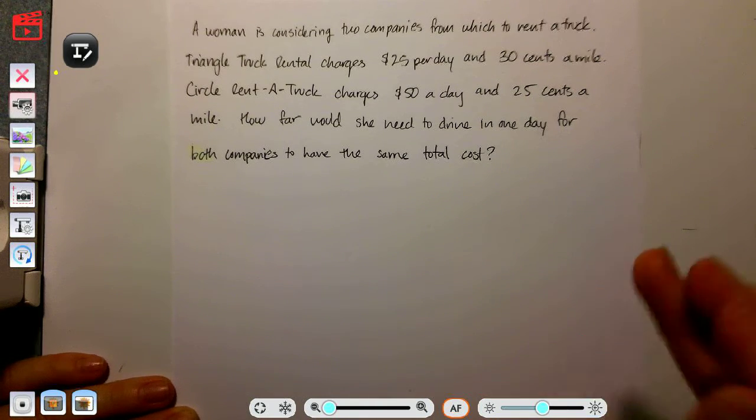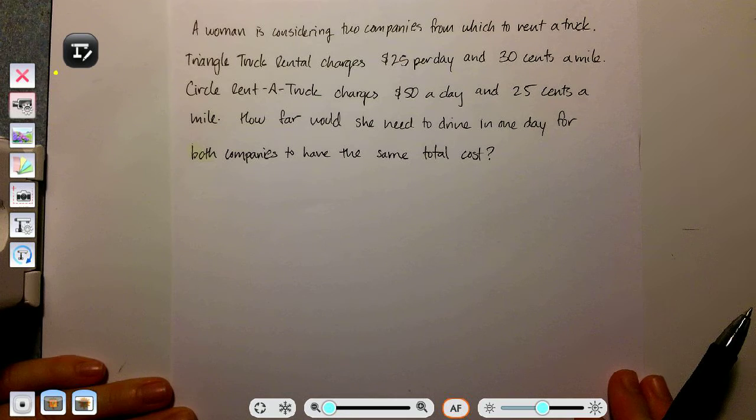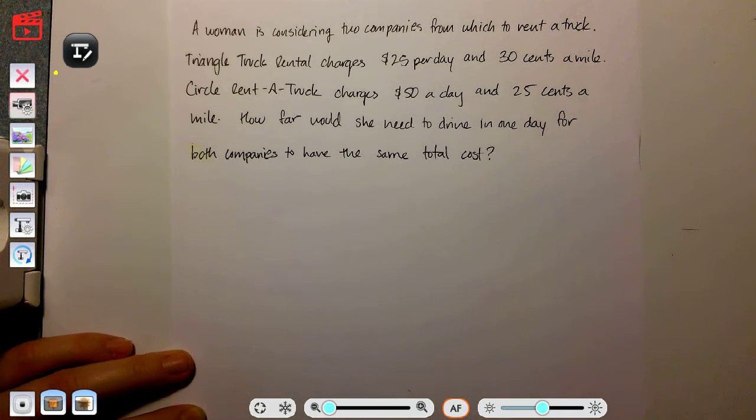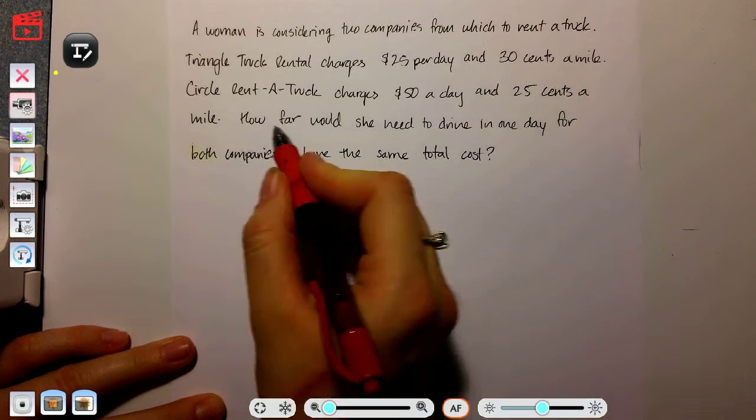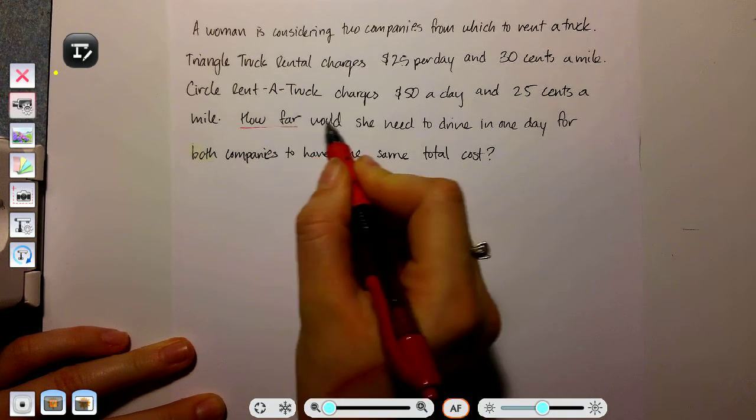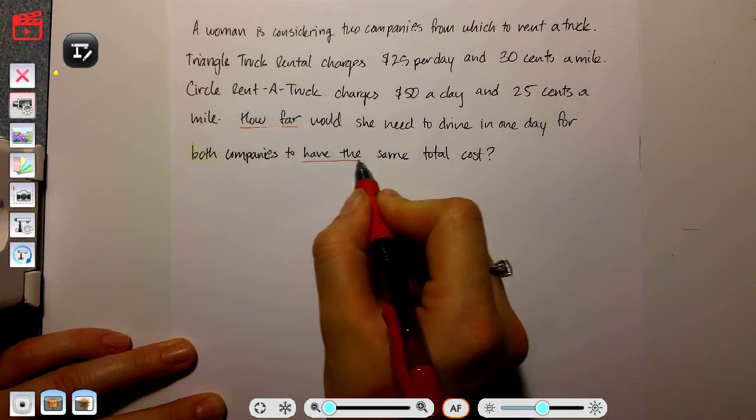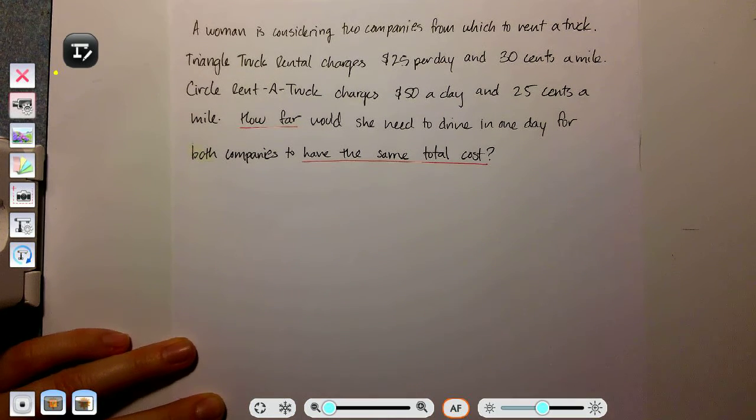same total cost? All right, so we're trying to figure out when the cost from these both companies would be the same. Okay, so that's what we're trying to figure out. Okay, that was the question. So, how far would you need to drive in one day for both companies to have the same total cost? Okay? So you want to know